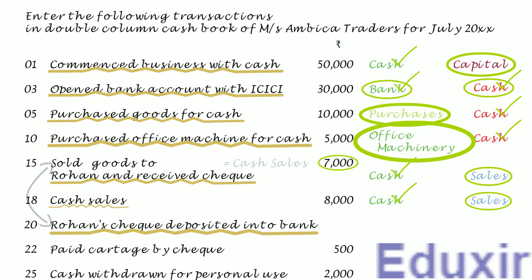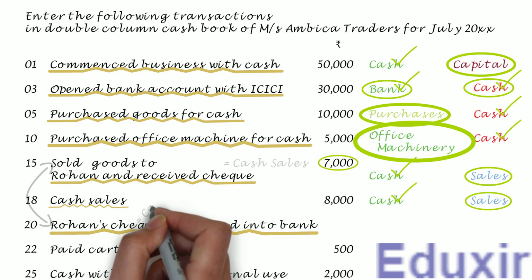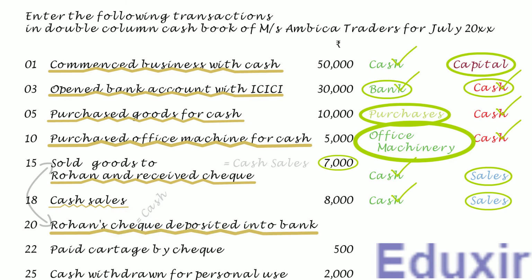Even though the check is deposited into the bank, in such scenarios we should treat it as cash being deposited into the bank. I repeat, though we are depositing a check into the bank, we should treat it as cash deposited into the bank. So in this case, as we are considering this as cash being deposited into the bank, the cash asset of the business will be decreasing, as the cash is taken away to deposit into the bank. I mean check in this case, but we should be considering it as cash.